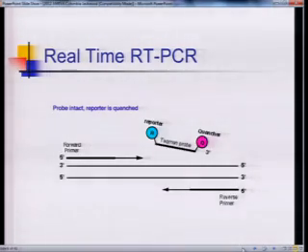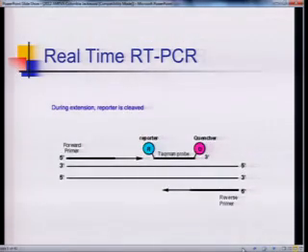As long as the reporter and the quencher are both bound to the probe, we don't see any fluorescence because of the interaction between these two. So in the first step, the probe will bind to the target, and when this strand interacts